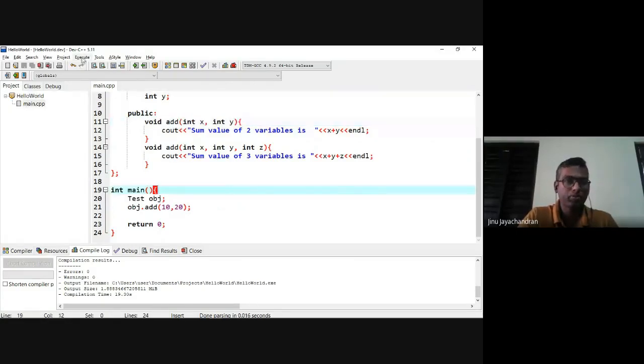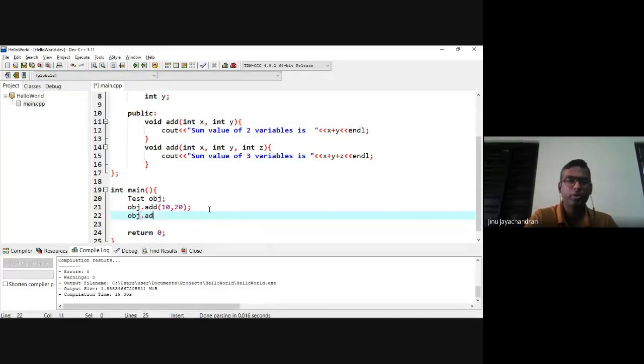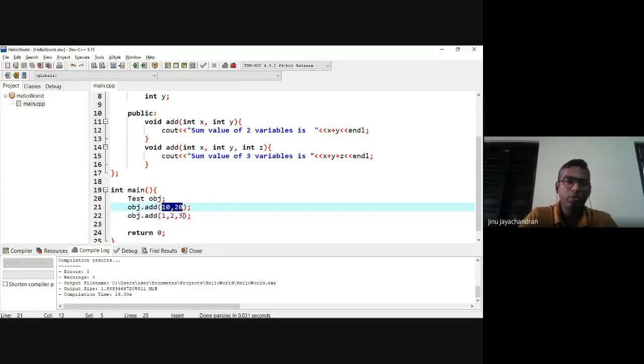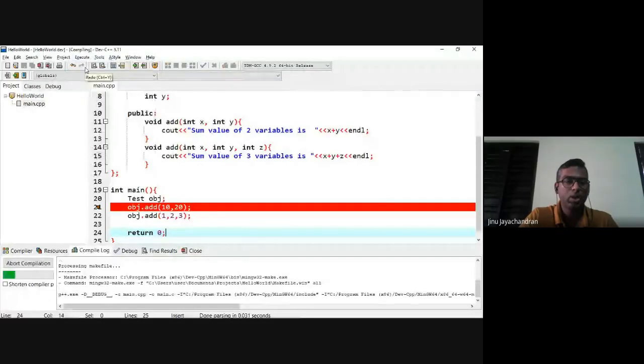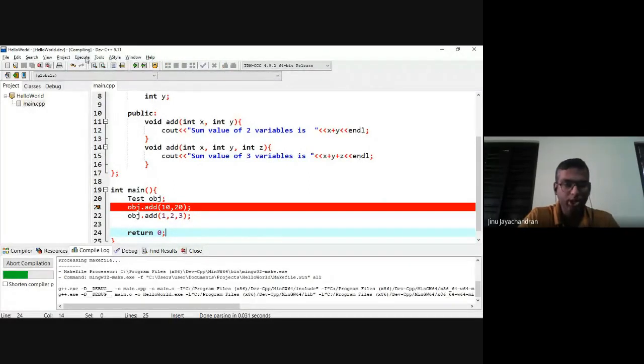Okay, so let me put one more statement, obj dot add of 1 comma 2 comma 3. You see that the function name is same, but your number of input arguments is different. So let's put a breakpoint. If I compile and if I do the debugging, we'll see how that function call is being executed.